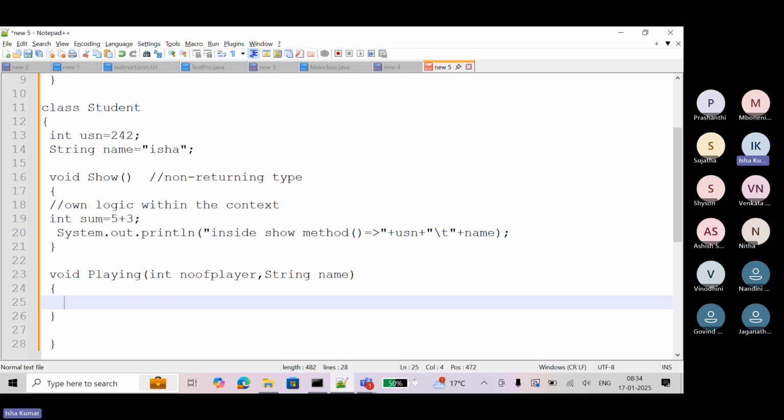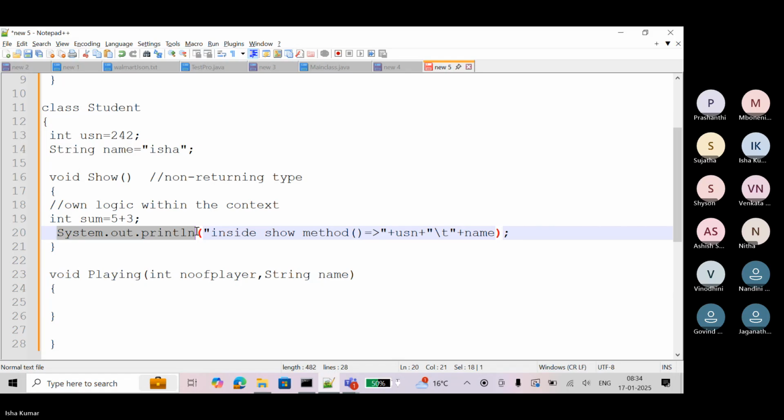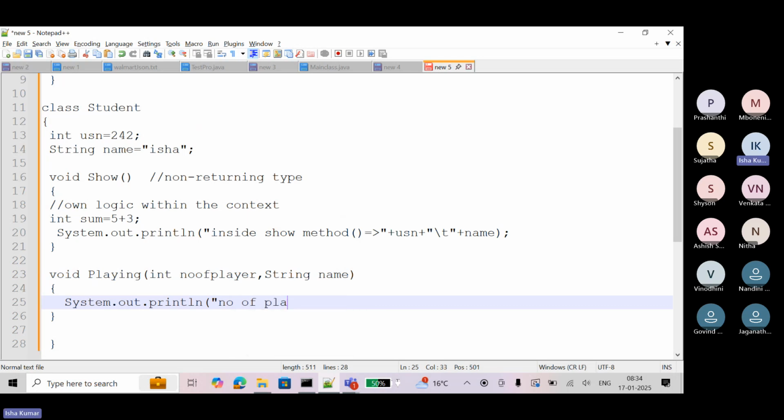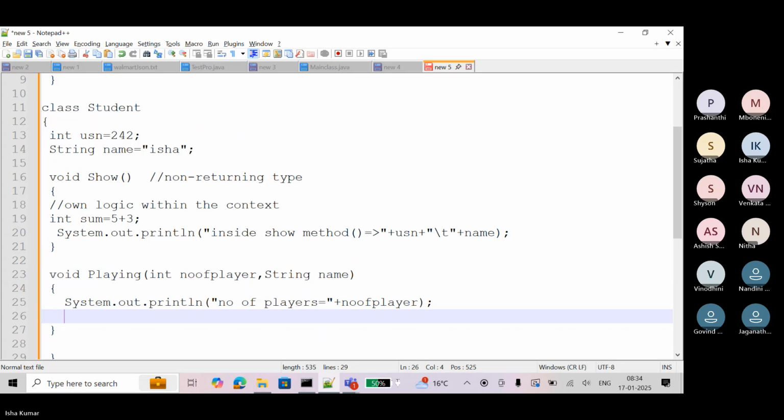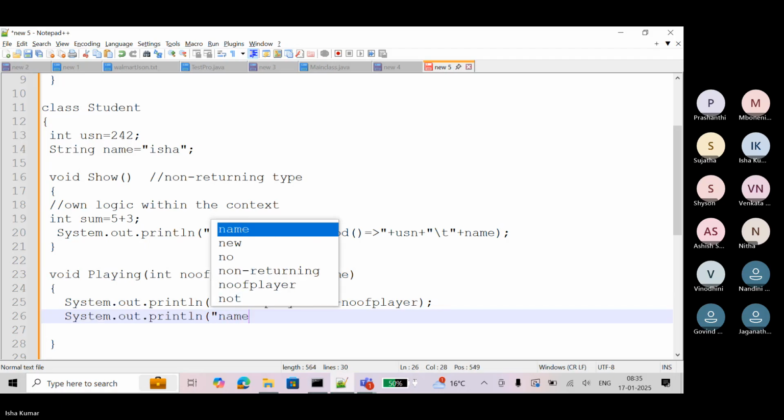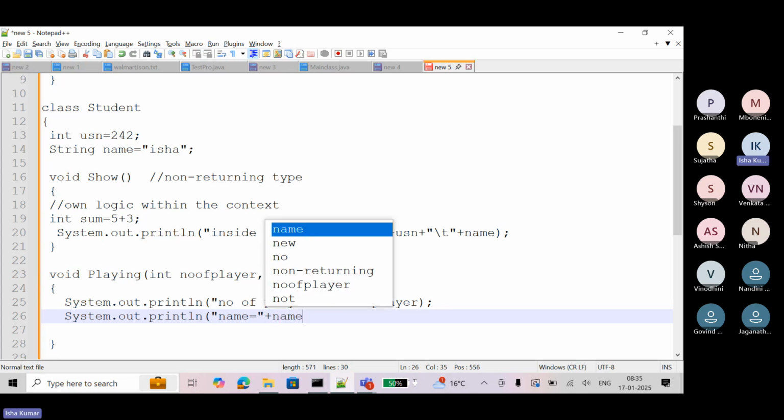So here let's say I want to display something. Number of players, I will write this. Number of player. Here, name.